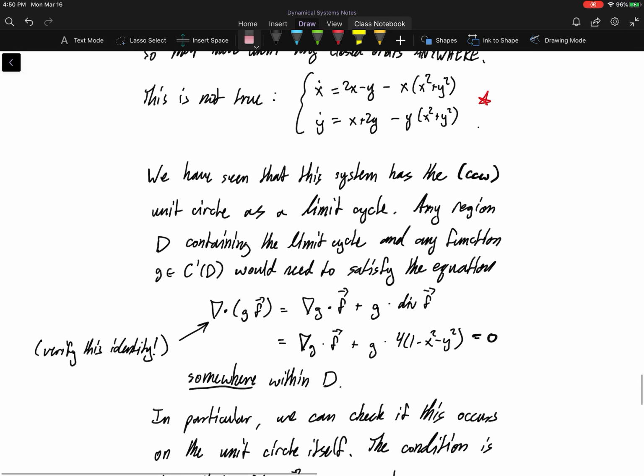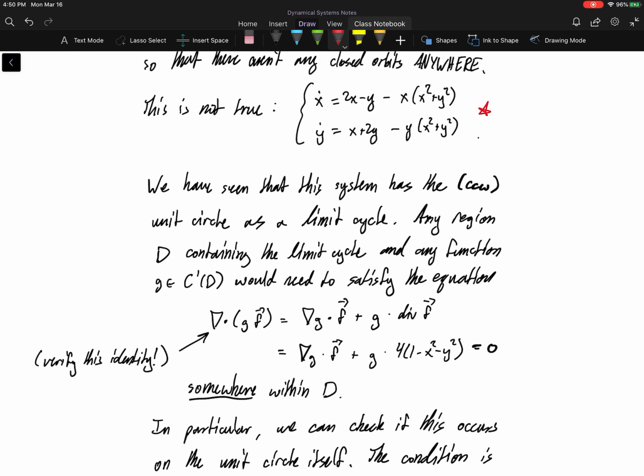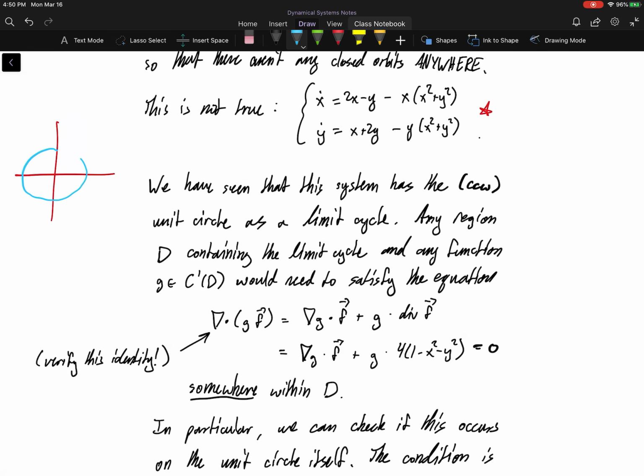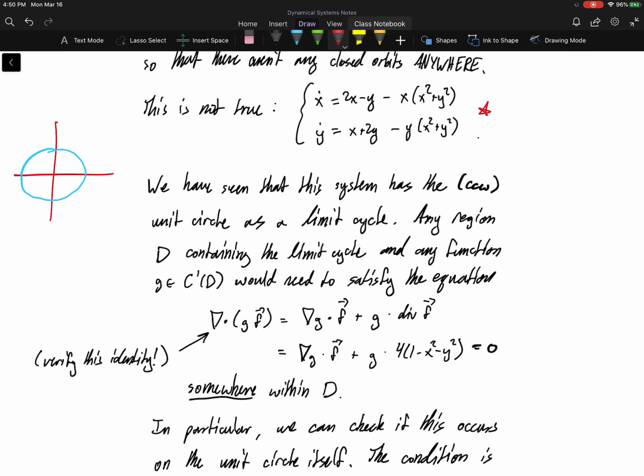Okay? So first argument here, I should probably draw a quick picture. The idea is that there is a limit cycle in here. This is the unit circle. And for that unit circle, I am going to go ahead and try to contain it with some simply connected domain here, D. Okay? So that's all I'm saying, is that this divergence has to be 0 somewhere within this